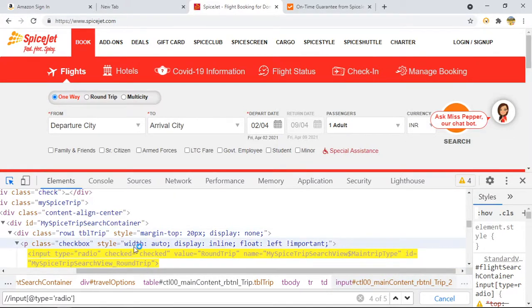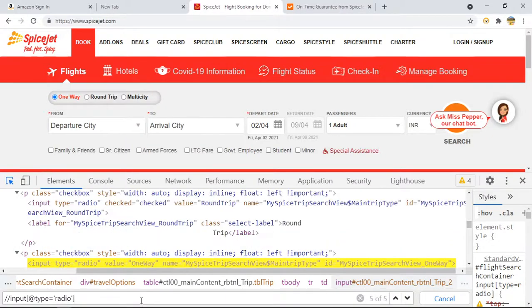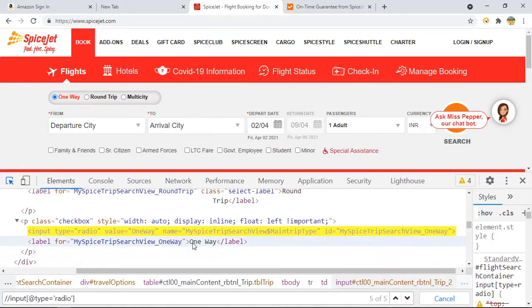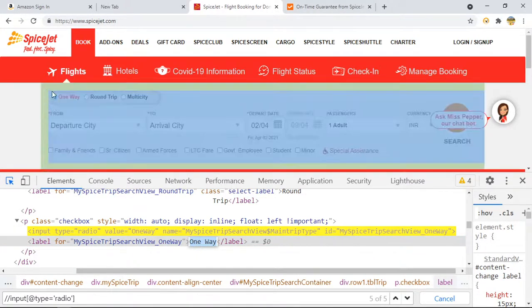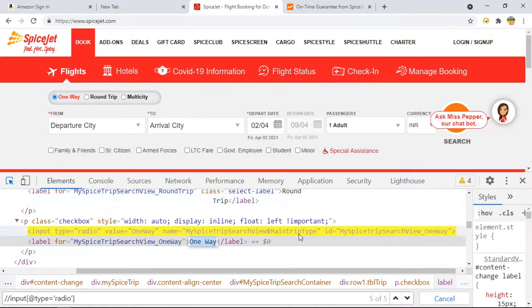So I think this is not any separate text box. P class equals to checkbox. They are saying display as none. So it might be the case that they have done it. Let me check. One way: by seeing this label, I am just identifying that this is the same checkbox, right?